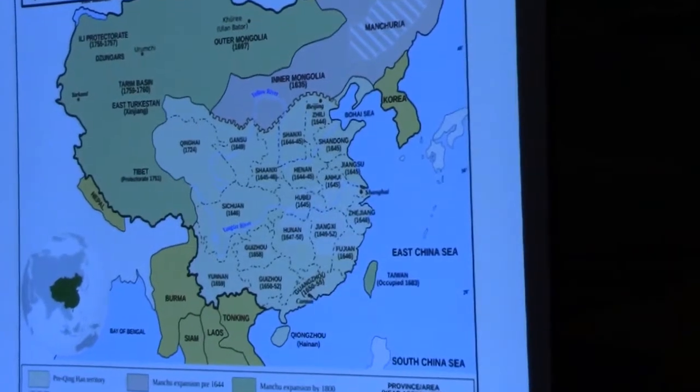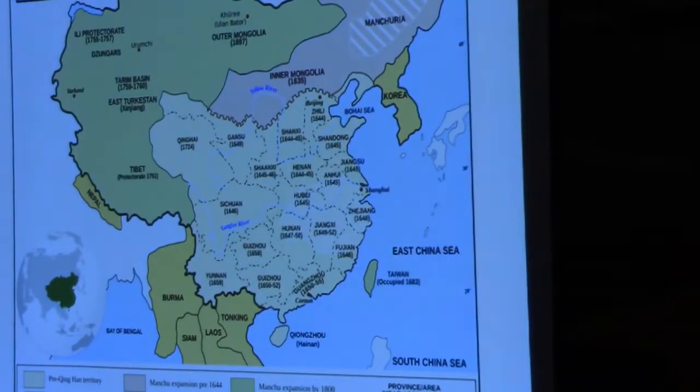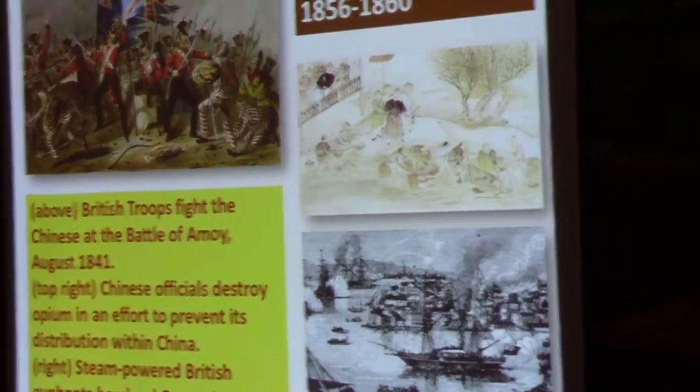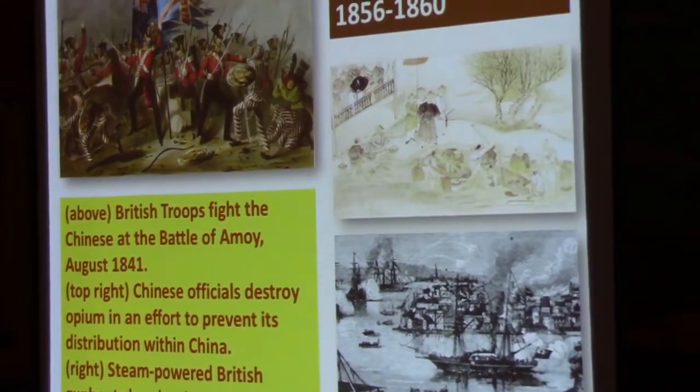Well, the British kind of go along with that. British East India Company goes along with that for some period. But by the 1840s, the British are beginning to establish themselves in Burma, and they come up with basically a brilliant plan, which is that if we can find a product that the Chinese can't refuse, we can use that to sort of batter down the trade barriers that the Chinese have erected. And of course, the brilliance of the plan is that it's going to be the export of opium produced in Burma and in India,